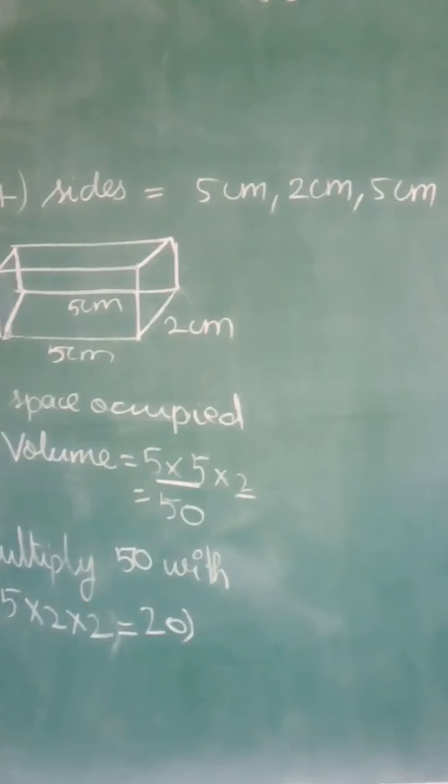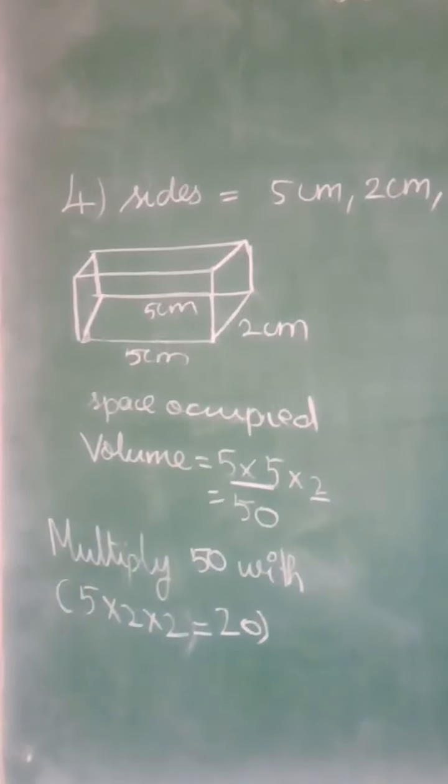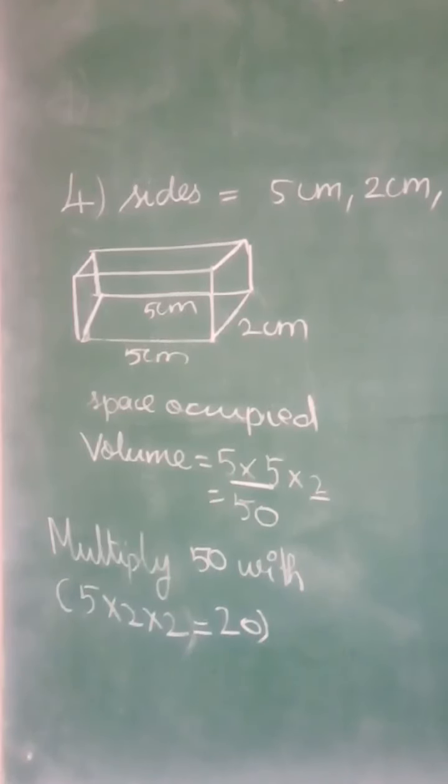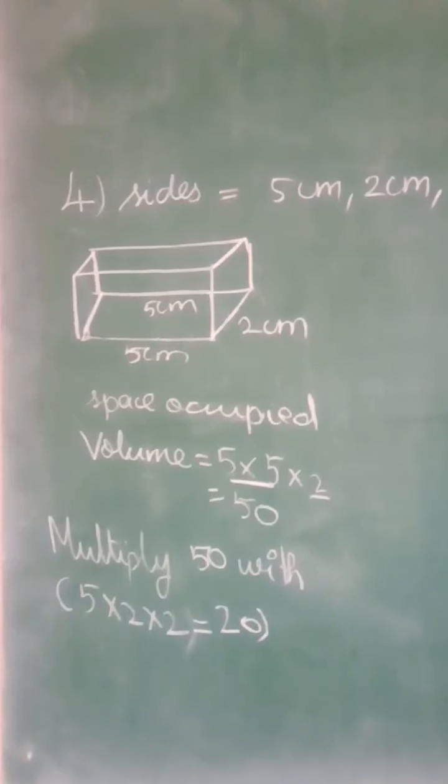So is it clear? So we need 20 such boxes to make it as a cube. So if you have 20 boxes like this, then the volume will be a cube number. Okay. So then you can fill this space with a cube shape. So from this cuboid you are making a cube. Just you have to multiply and see whether everything is in the group of 3. If it is not in group of 3, then you have to find how to make it into group of 3, and then that many number of boxes will be needed to make it as cube.